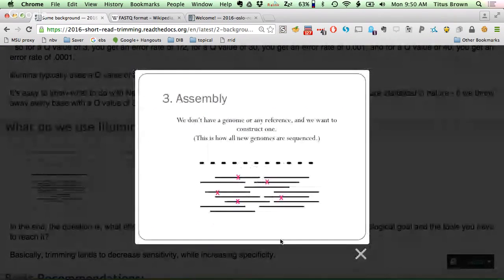And then the third common thing that we use short read sequencing for is assembly. That's a situation where we don't have a genome or a reference transcriptome, and we want to construct one by sequencing de novo. This is basically how all new genomes and new transcriptomes are sequenced, right? We'll talk a little bit more about this on Wednesday, but the basic idea here